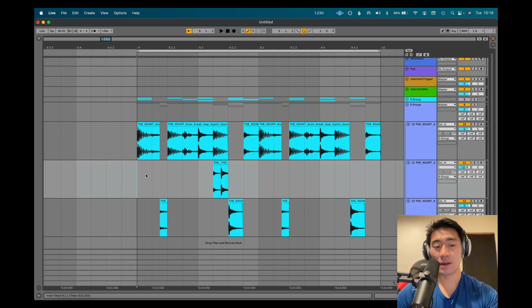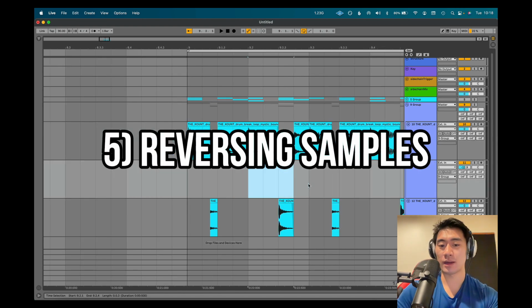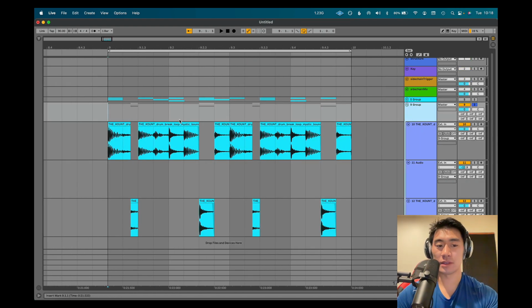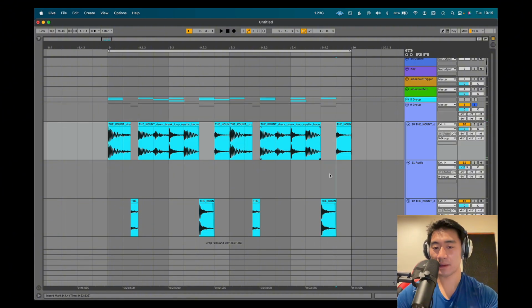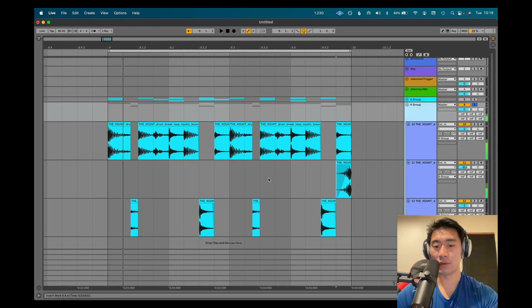And to add on to this, kind of a pro thing, is to add reverses. So if we play the drum loop again, I'll leave the cuts in here for now, but this is in context. I'd love to add some sort of reverse, right? So we can take this kick, place it right here, and press the R button on our keyboard. This will just reverse it. Depends on the version of Ableton you're using, but that's all you have to do. And now it's a reverse kick sample. So now if we play it in context,